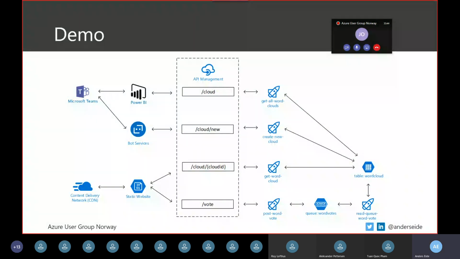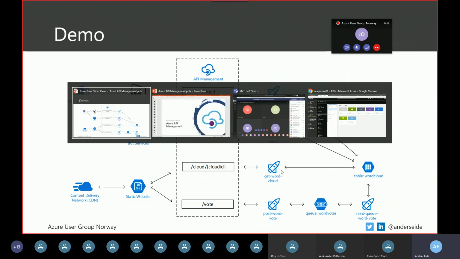This is the demo which we'll be working on the rest of the session mostly. It's a simple application I built last fall before I had a presentation at IT Dev Connections. So it's basically a static website running in Azure which accesses these API services, and it's a word cloud application. So it's a service where users can log into a cloud and vote for a word,